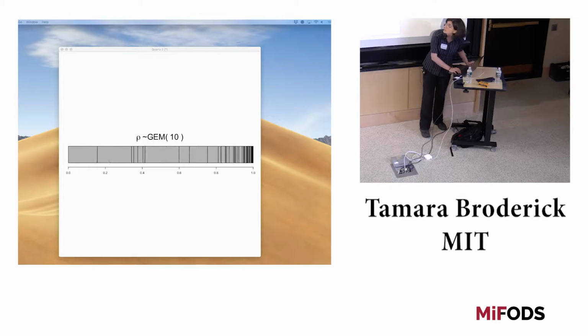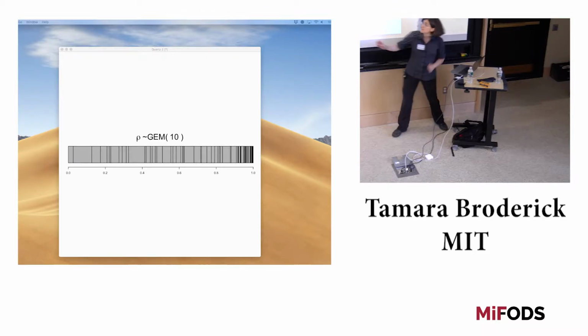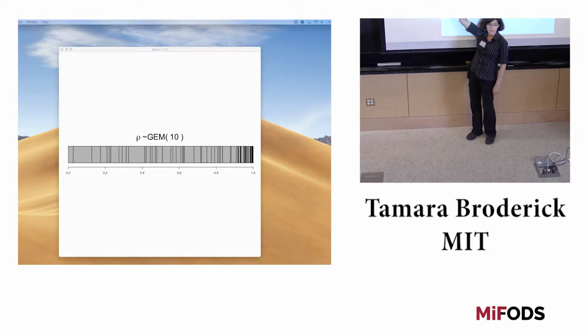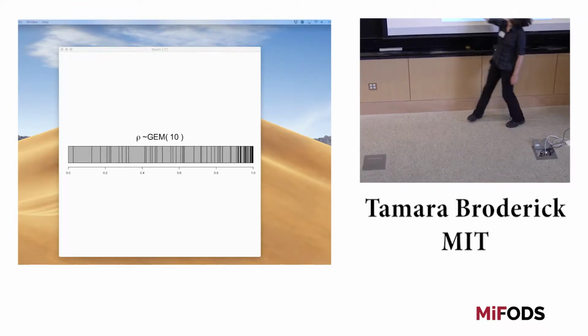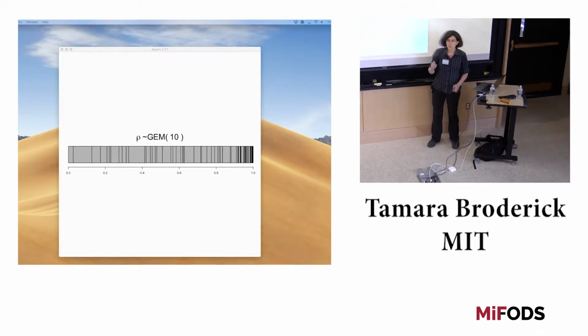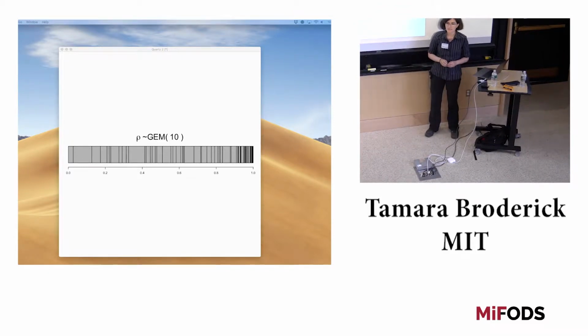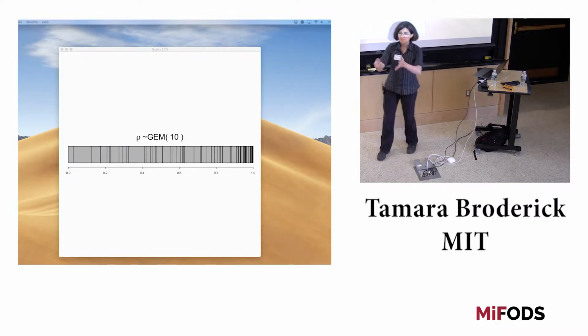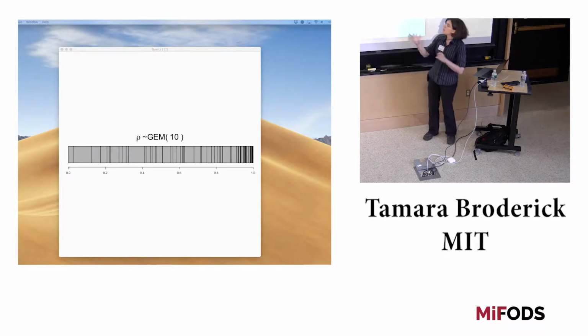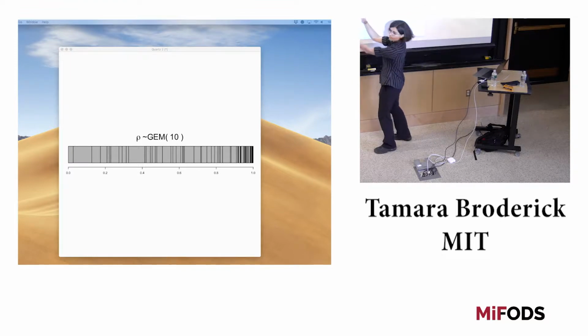One of the things I asked you to think about over the break is remembering that these breaks are size Beta(1, alpha). Now let's suppose I take this parameter and I make it 1 instead of 10. What's going to change about this GEM distribution? Okay, so the proposal is that we'll see perhaps more concentrated clusters. Maybe we could say a little bit more about how we think the visual will change. Yeah, okay, so you think that maybe these will be big?